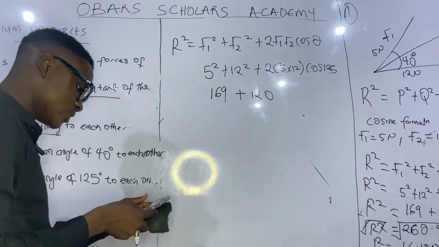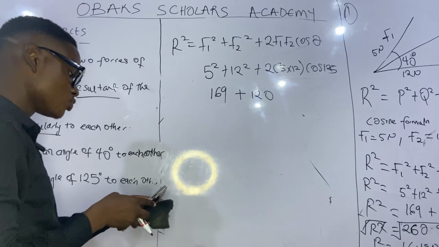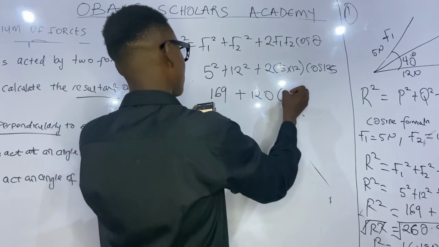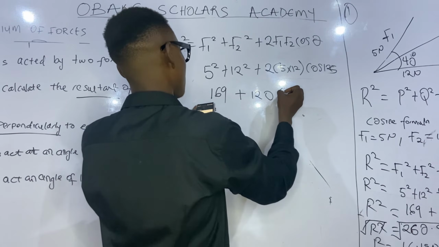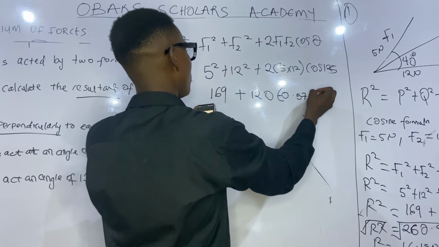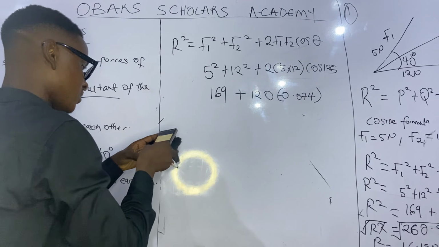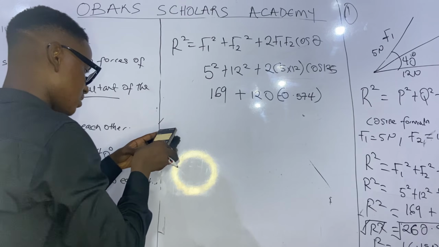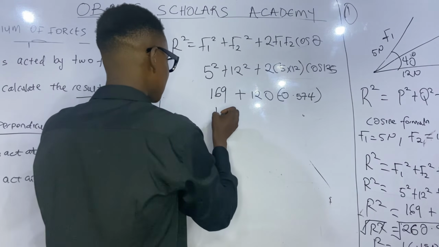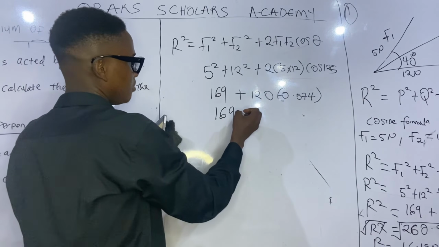So cos 125 should give us a negative answer. So cos 125 will give you minus 0.574. So let's multiply 120 times 0.574. Since this is a minus sign, this will give you minus